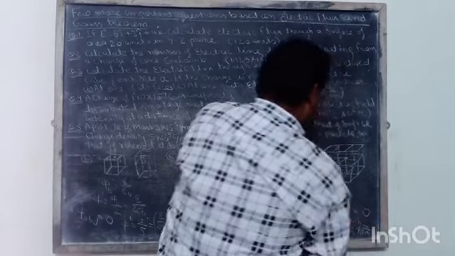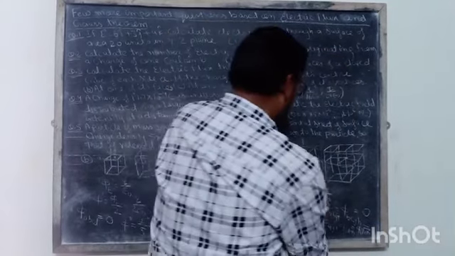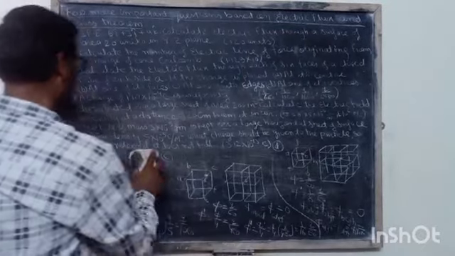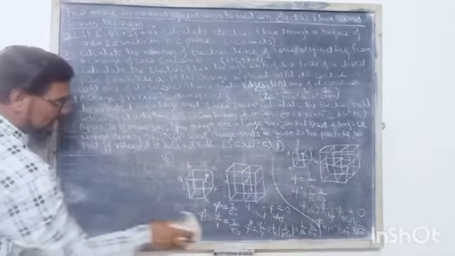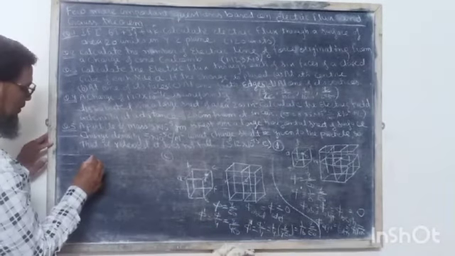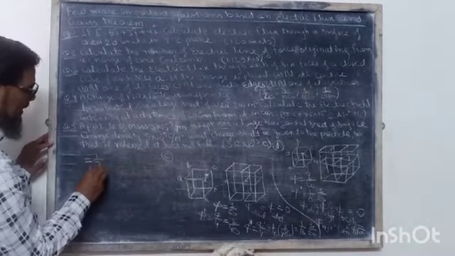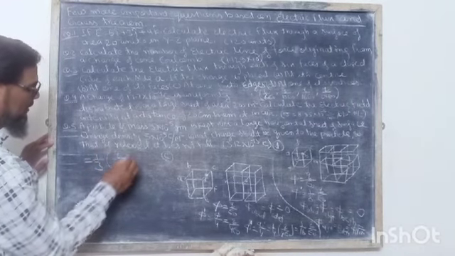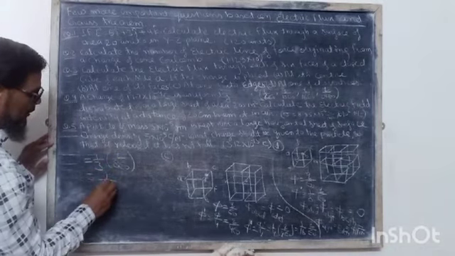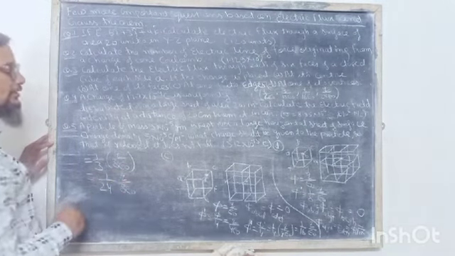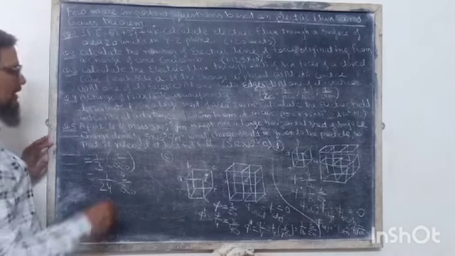ADEF will be equal to 1/3 of this part, meaning the value can be calculated at this point. According to this, 1/3 Q upon 8 epsilon naught. So the value will be 1/24 Q upon epsilon naught, which will be the answer of the 4th part of